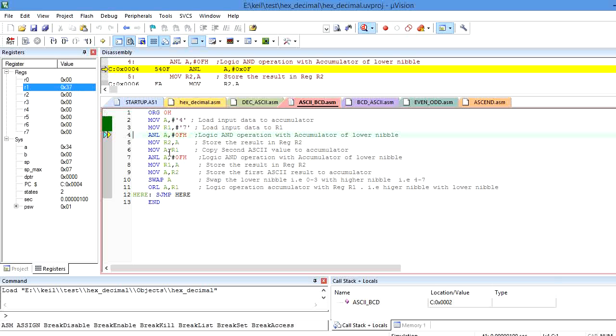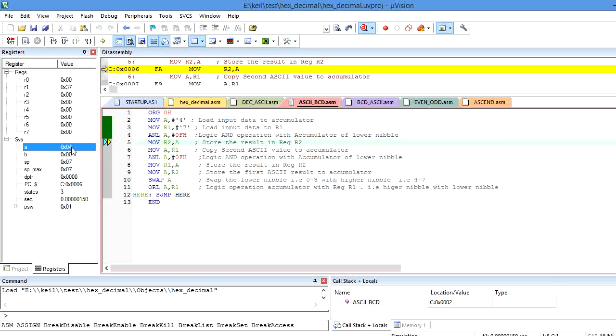So now I am performing a logical AND operation on the lower nibble of the accumulator. 34 AND 0F will perform a logical AND operation. 34 logical AND 0F will store 4 in the accumulator here.